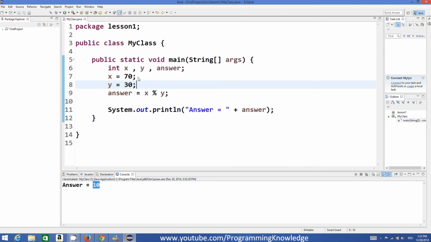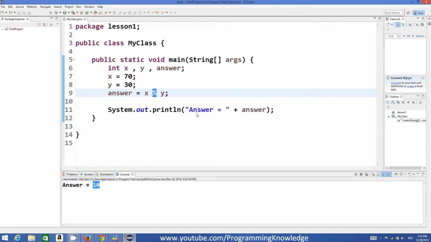So when you divide 70 by 30, you will get the answer, for example 2.33, but when you divide them, the whole answer will be 2, quotient will be 2, and the remainder will be 10, right? So the modulus operator returns the remainder of the division.